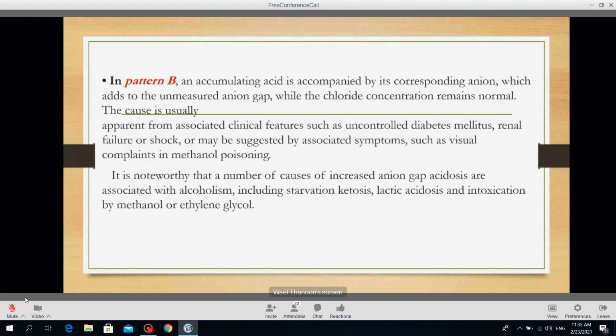It's noteworthy that the number of causes of increased anion gap acidosis are associated with alcoholism, including starvation, ketosis, lactic acidosis, and intoxication by methanol or ethylene glycol. الإثيلين glycol منع الانجماد اللي موجود يعني نخليه بالسيارات. فممكن واحد by mistake take it. زين؟